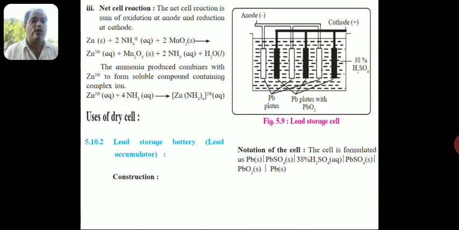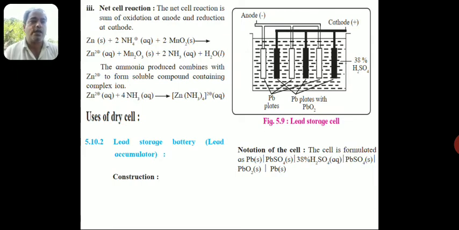The anode on the left hand side is written at the top. The anode is negative and those are Pb plates, while the black shaded ones are PbO2 plates, that is, Pb plates with PbO2 on them. Then the cell or vessel contains 38% H2SO4. Alternately the plates are arranged and connected in series for the anode as well as the cathode. The anode is Pb plates while the cathode is PbO2 plates.